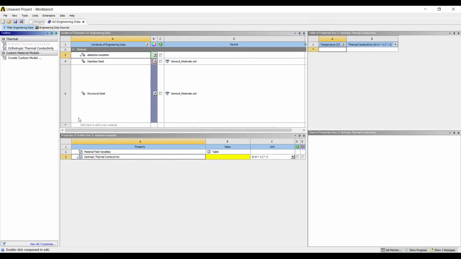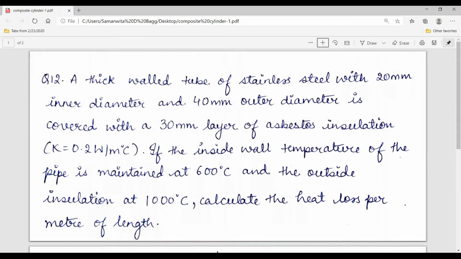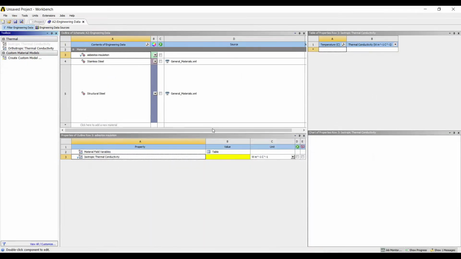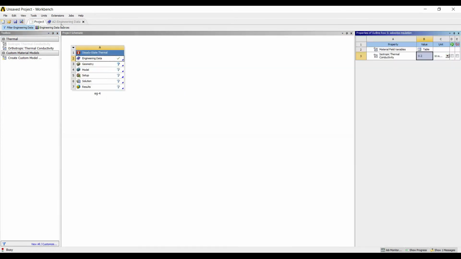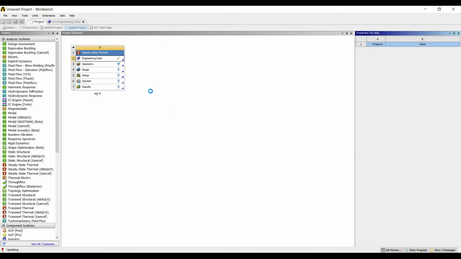Isotropic thermal conductivity is a property which I have to add. The unit is watt per meter degree Celsius and the value is 0.2. Now I'll go to project, update project.